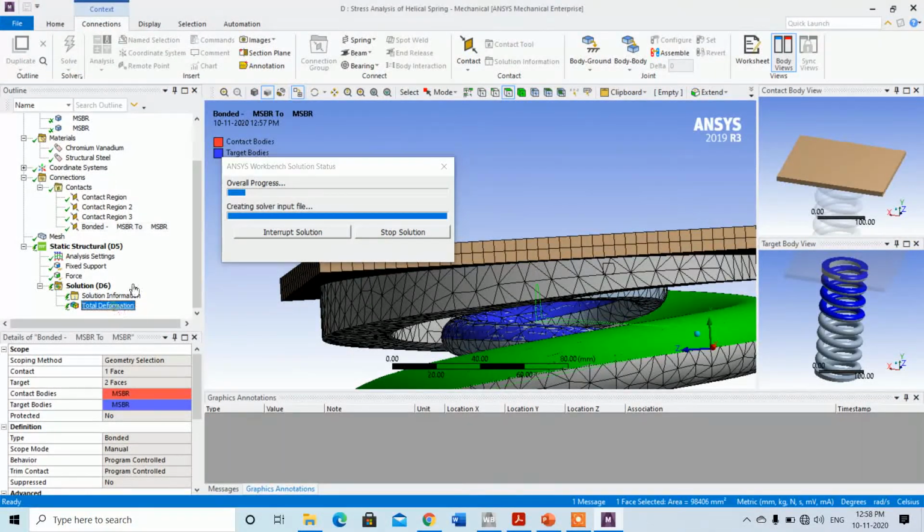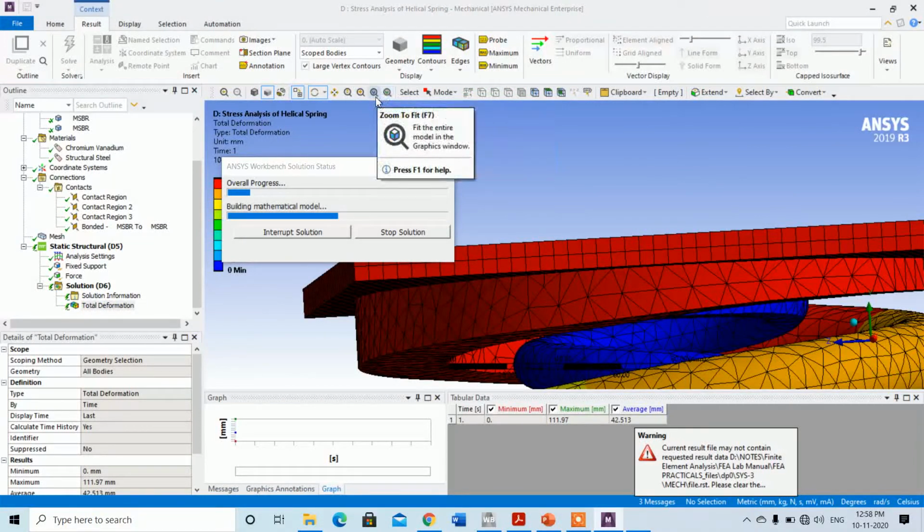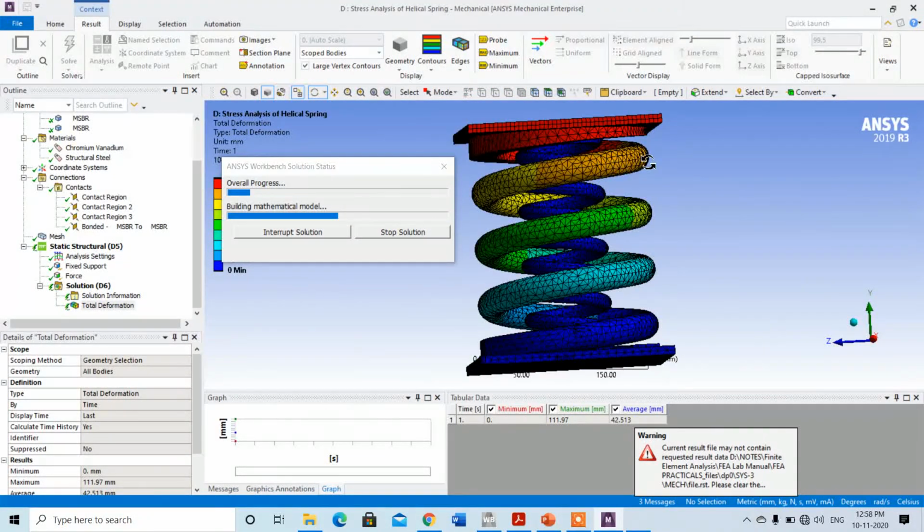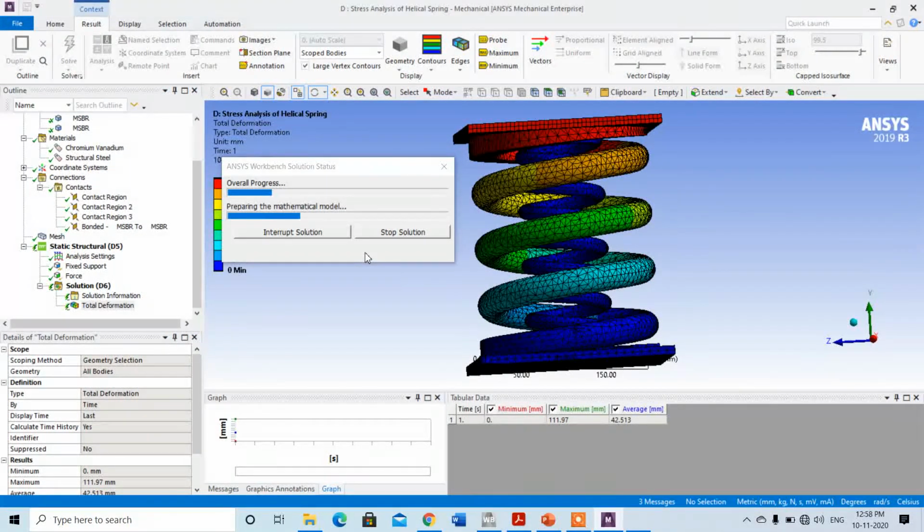We'll check the deformation again. Simply click here. Building mathematical model again. Preparing the mathematical model. Hereafter it will solve this model and write the result.